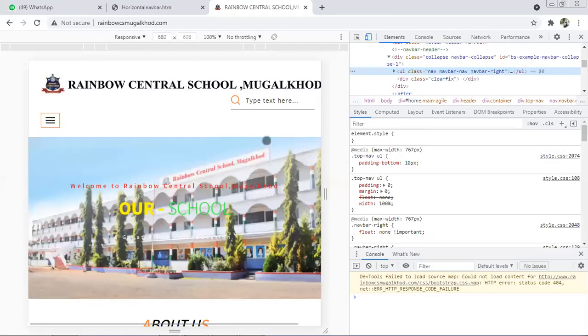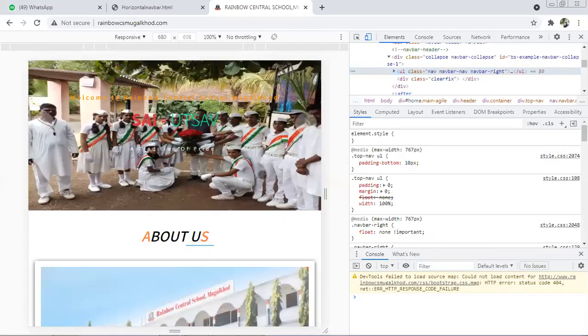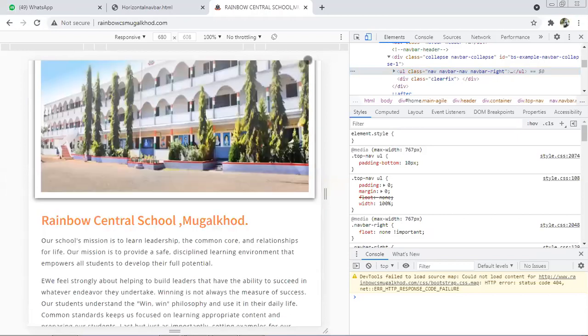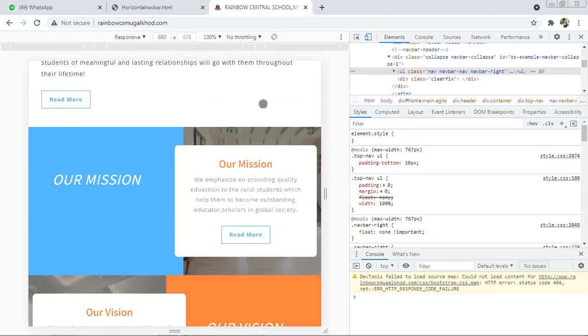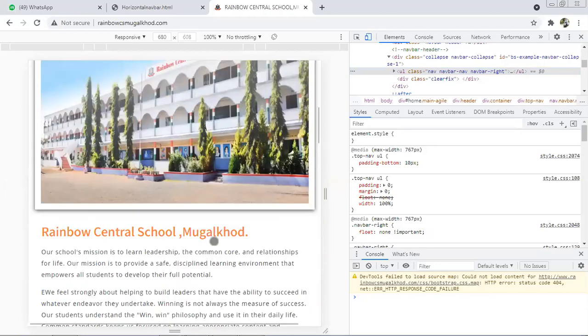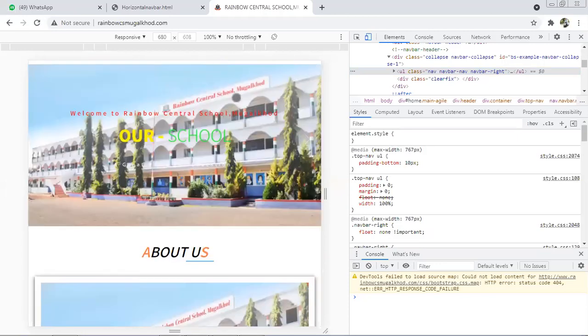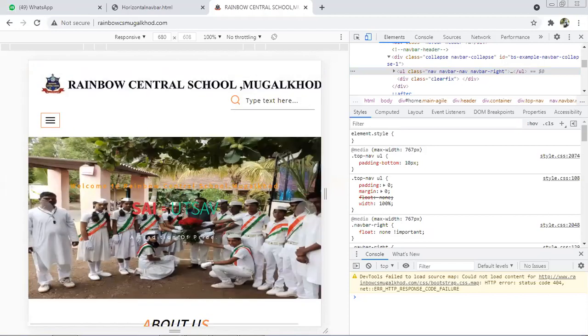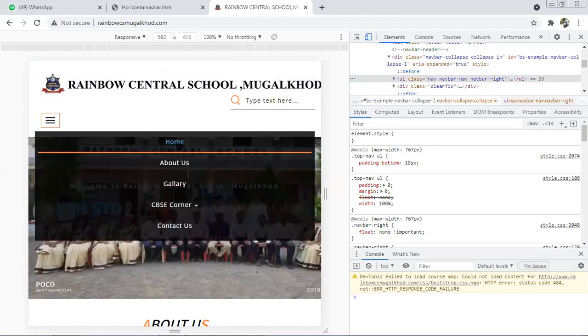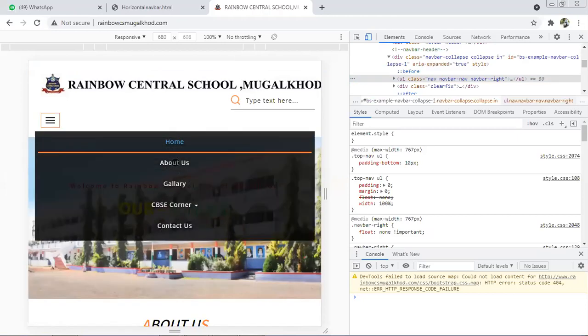This is what we get when we view the same website on mobile applications, a smartphone, or a tablet. The view is different, and that has to be done in the coding. There we use the vertical navigation bar, very important.